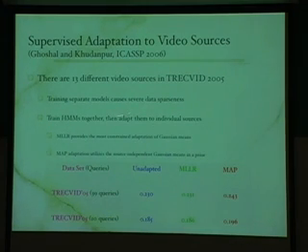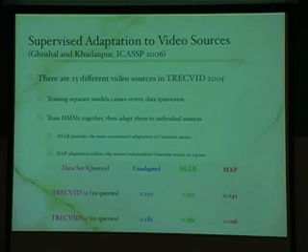What we did is we first built up the HMMs for everything, all the images of all the sources for all the concepts. Then we chopped up the data into the 13 individual subsets, one from each source, and re-estimated the HMM parameters on each subset. So now I have a separate recognizer for CNN, a separate one for ABC, a separate one for Xinhua News, a separate one for Al Jazeera, and so on. They're still recognizing the same concepts, but their parameters are now tuned to a particular source.